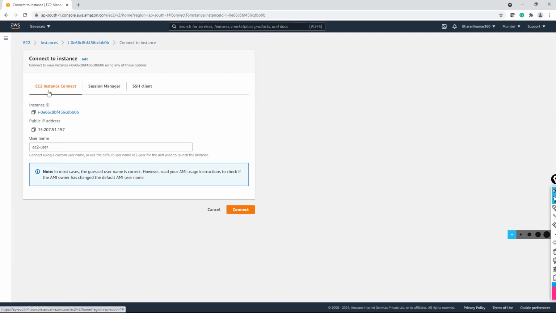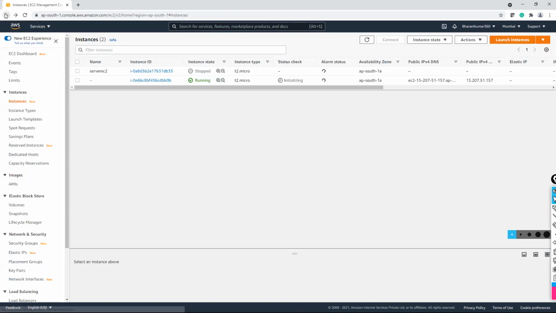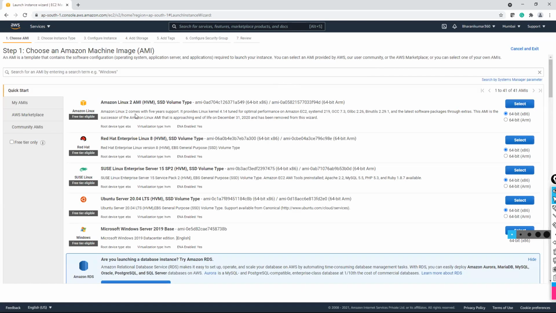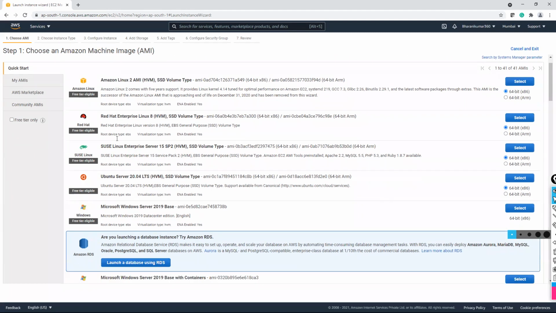This browser client is already pre-installed in few Linux AMIs, not all Linux AMIs. For those Linux AMIs, we have this option of connecting through browser. If you take other Linux distributions, lot of them are there. I'll go to AMI launch instance page only. For this Linux 2 AMI, this browser client is already there in this operating system, so we can directly connect through browser. But you take Red Hat and other Linux distributions, you see Linux Enterprise Server, these things, you don't get that. You have to use SSH only.